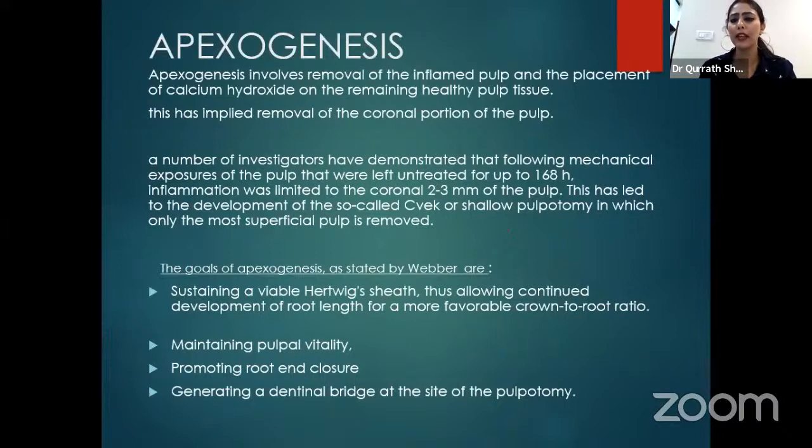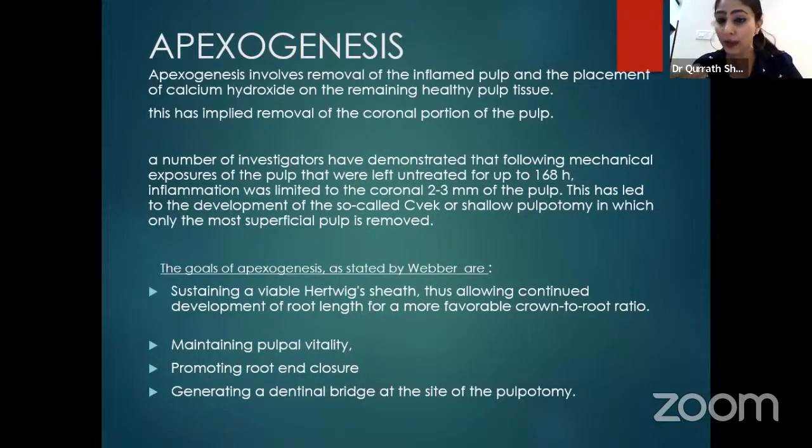One of the basic things which we need to keep in mind is apexogenesis. Now, what is this apexogenesis? Apexogenesis basically means removal of the inflamed portion of your pulp tissue. What you are trying to do by this is to maintain, utmostly, the vascularity of your pulp tissue. The first aim should be, whenever you see a case where there is an open apex,